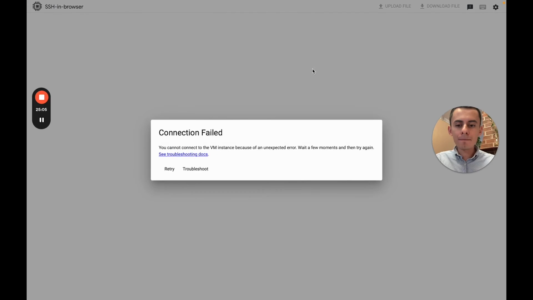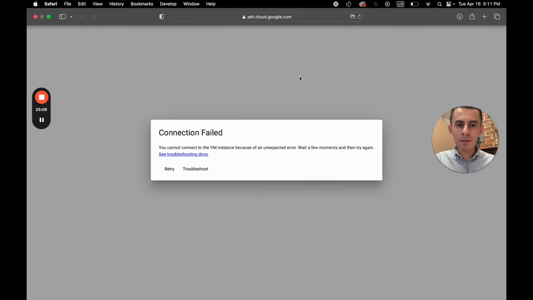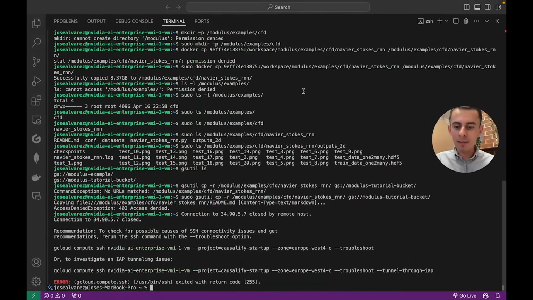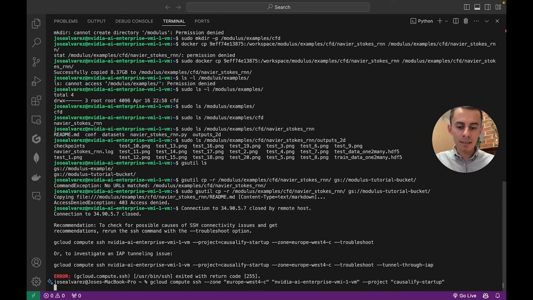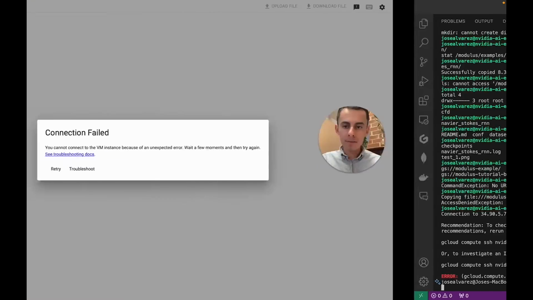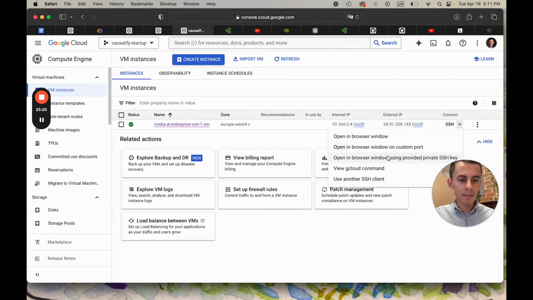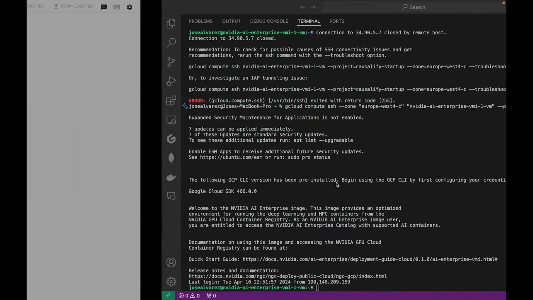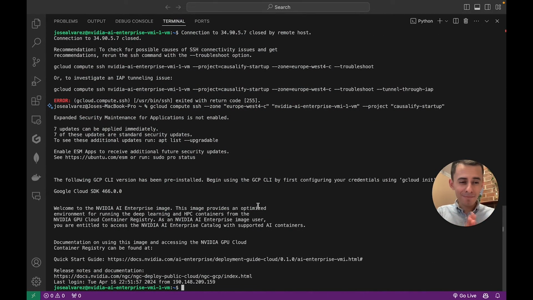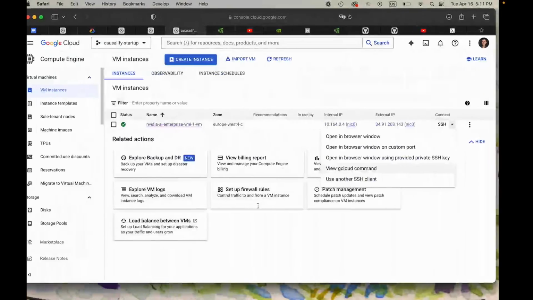Okay, so the connection failed here apparently because we disconnected. That's fine. We don't need that one anymore. And here, too, it's like broke, but that's okay. We just connect again with the same command we used before. Okay, gcloud compute ssh, whatever. You can get that command from here, view cloud command. Okay, so we're back,